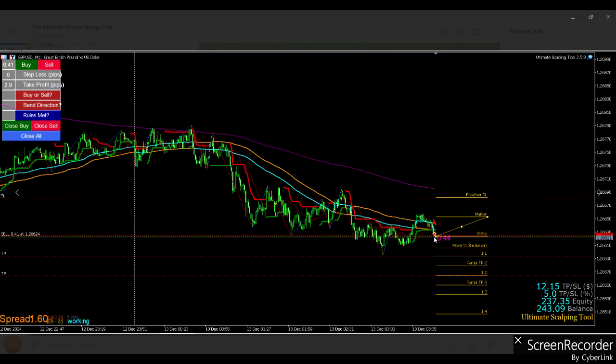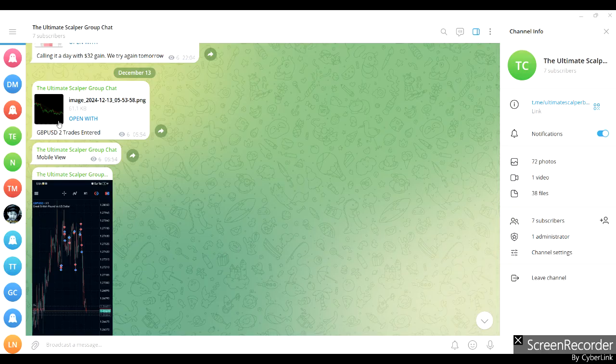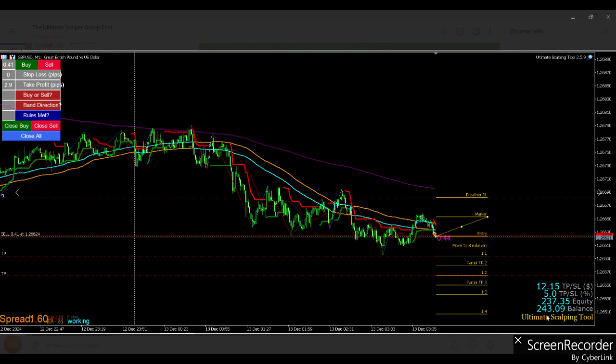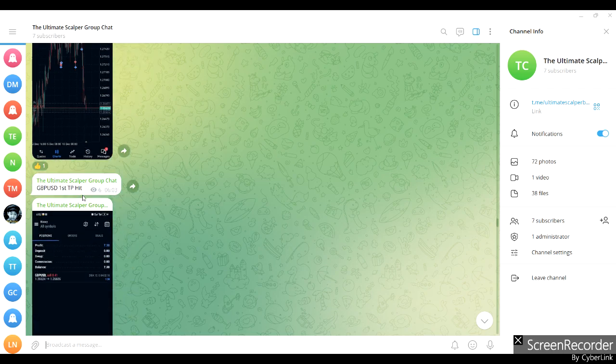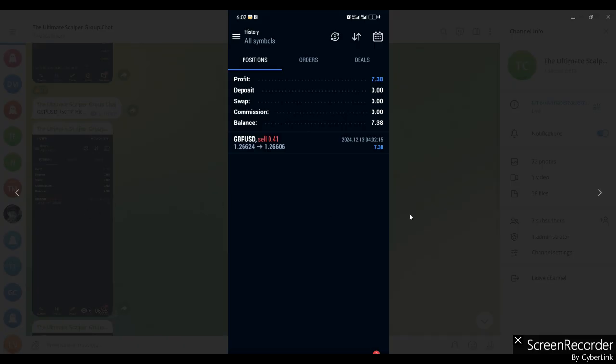So I woke up at this point. This was my first trade. I took 2 trades, one with a target here, and the other one with a target at the bottom. And at this point my balance is at 243. Alright, I entered, and then first TP got hit on GBP USD,